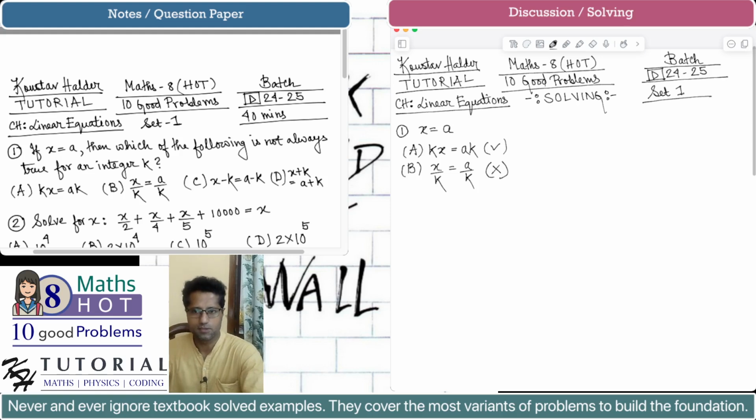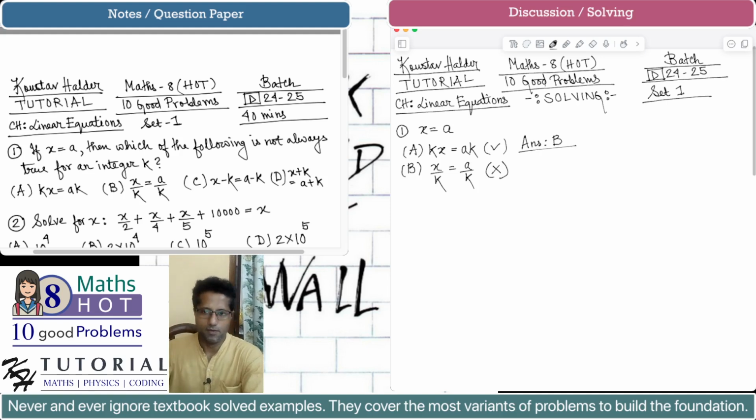Since this option B will not always be true, because it will not be true for k equals 0, we can immediately say that the correct choice is B. I am not even checking the choice C,